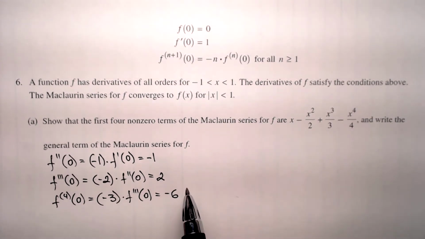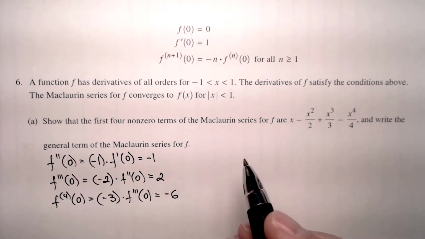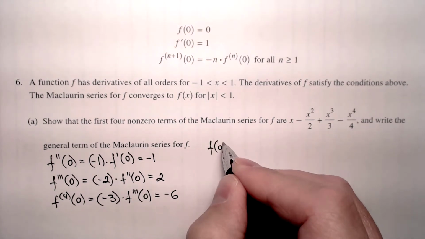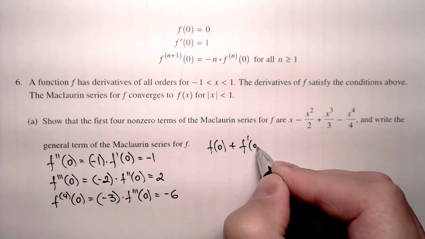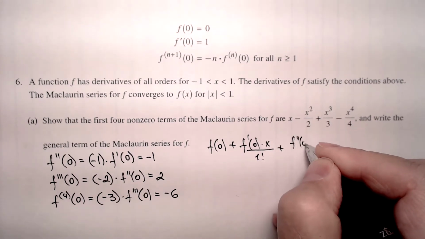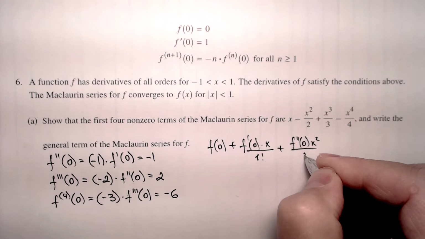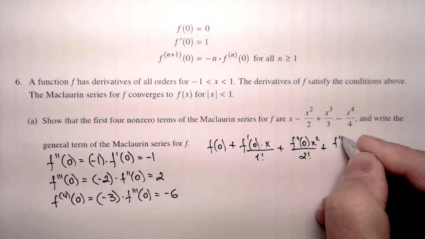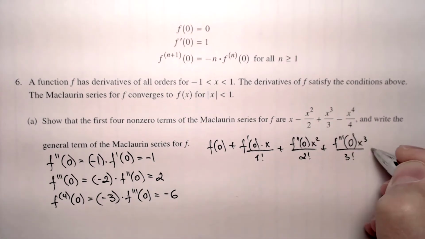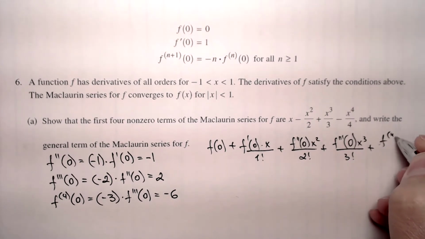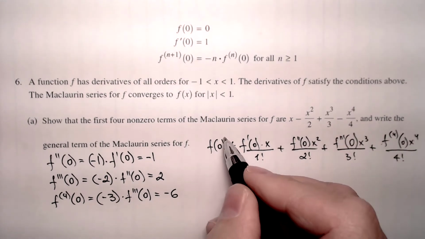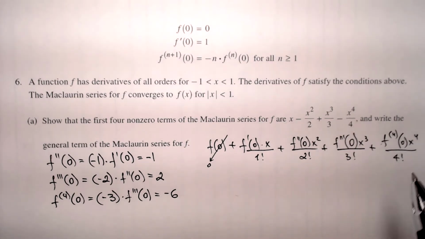So the first element will be 0. The next element will be f of 0 plus f prime of 0 times x over 1 factorial, plus f double prime at 0 times x squared over 2 factorial, plus the third derivative at 0 times x cubed over 3 factorial, and then the fourth derivative at 0 times x to the fourth power over 4 factorial. And this is 0, so the first four non-zero elements will be those, and let's just plug in